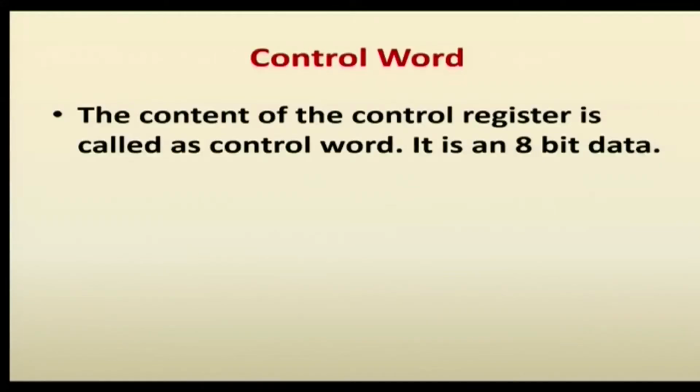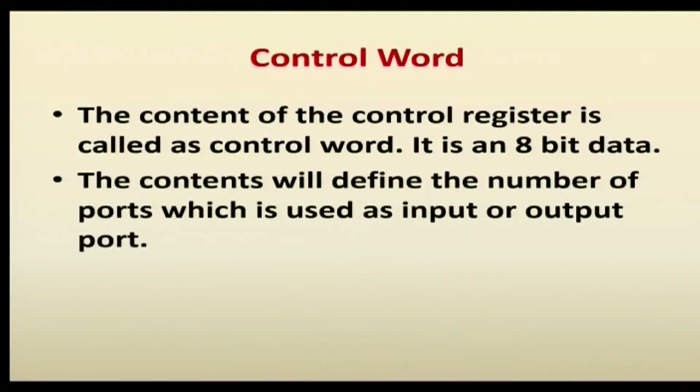So, the control word is nothing but 8-bit content, which is the content of the control register. Among the 8 bits, we are setting and resetting the bit positions for enabling the input and output of the corresponding ports. The ports are also divided into modes. Based on the modes of operations it will be enabled, and it also consists of the timer. The timer mode, either used for the repeated pulse or a terminal count, whichever mode you want, based on that you can activate the corresponding bit positions.